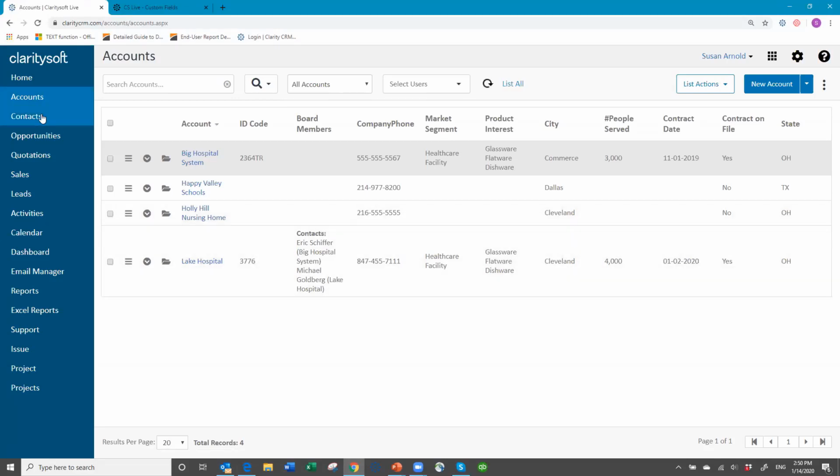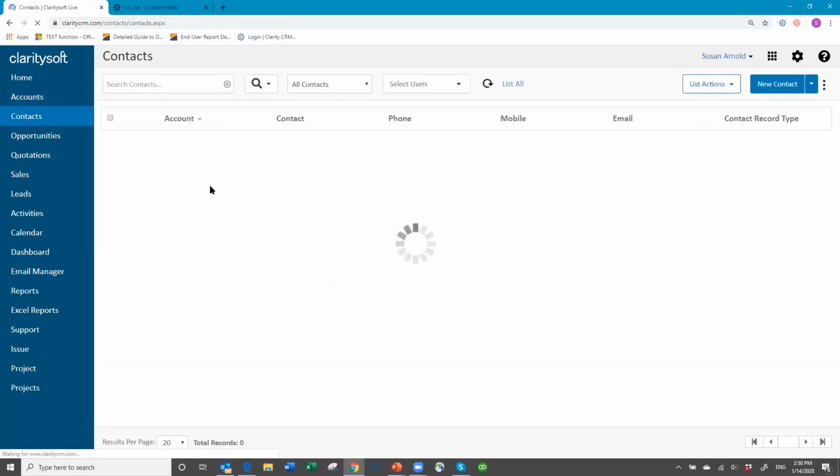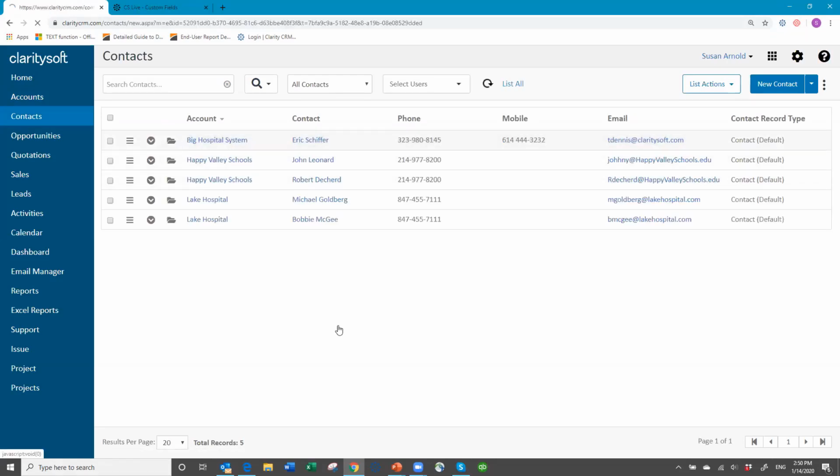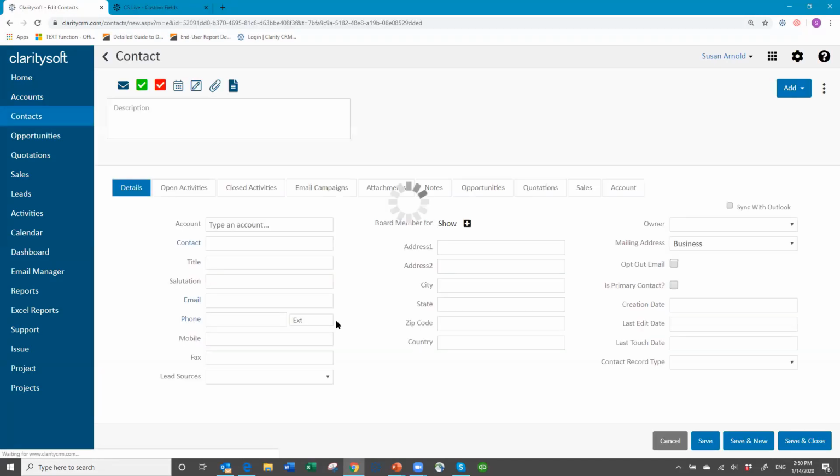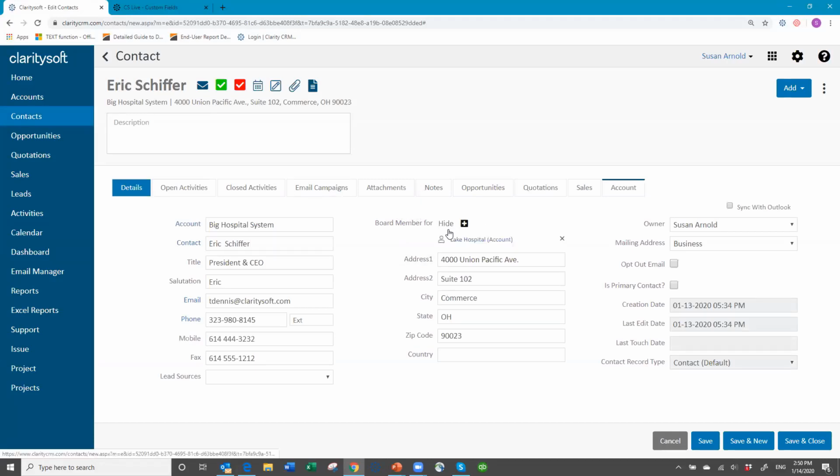Okay, so now when I go to contacts and I open Eric's record, he is a board member for Lake Hospital. So when I set up the relationship or fill in the field in the account record, it automatically fills in the field in the related module. And if I had assigned Eric to Lake Hospital here, then it would put it back there. So if I do this,